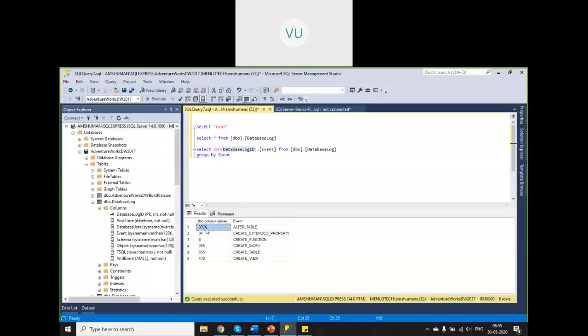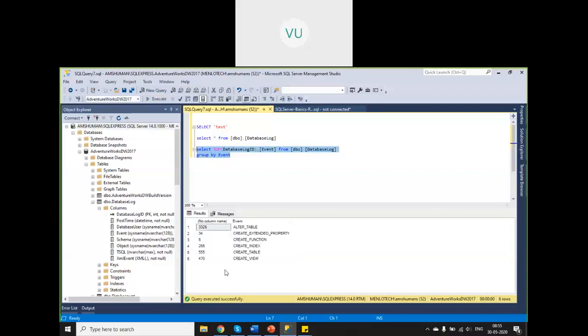So for one distinct value of the group by, when I'm saying group by event, that means there will be one event value for each of the records which are displayed, right? So for each of these values, you can't have multiple database log IDs displayed. That is not supported by relational databases. One column value can map to only one value of your other column, right? So that is what it is saying. When you are saying group by, you have to apply aggregation on other columns apart from the group by column. Okay.